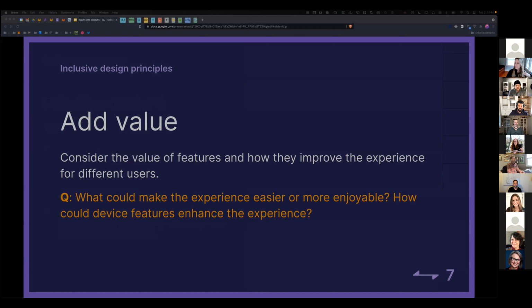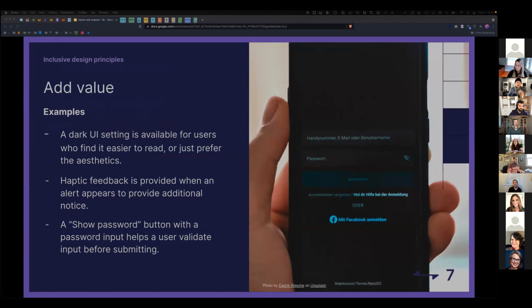And this is where we consider the value of features and how they improve the experience for different users. We ask, what could make the experience easier or more enjoyable? How could device features enhance the experience? So a few examples. A dark UI setting is available for users who find it easier to read or just